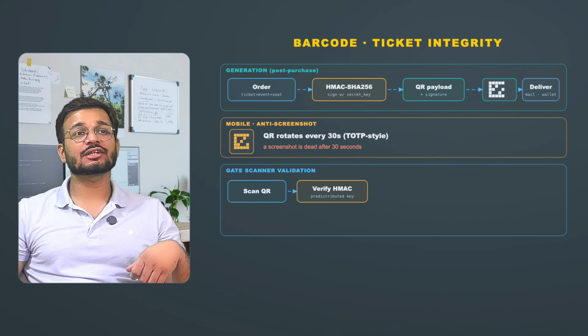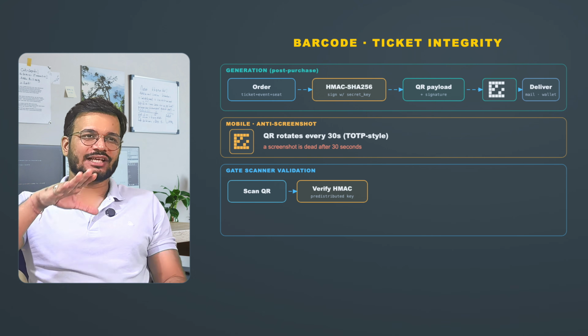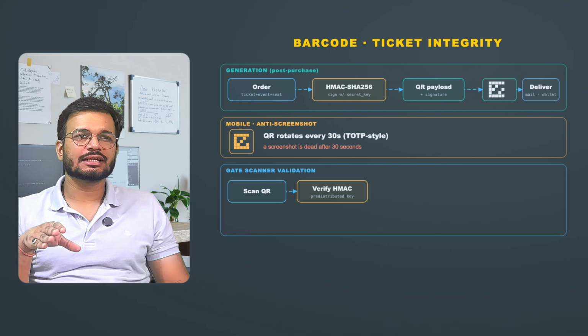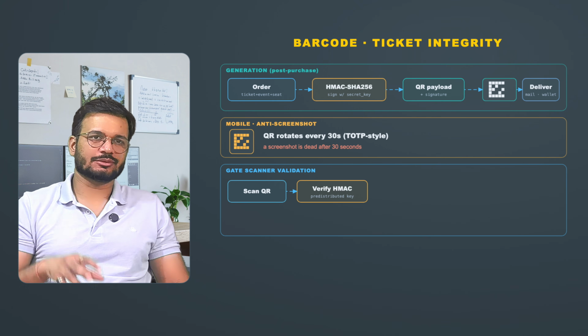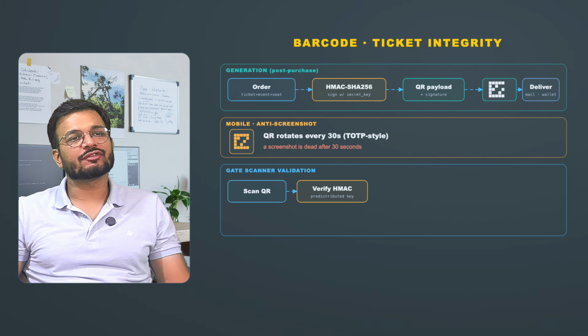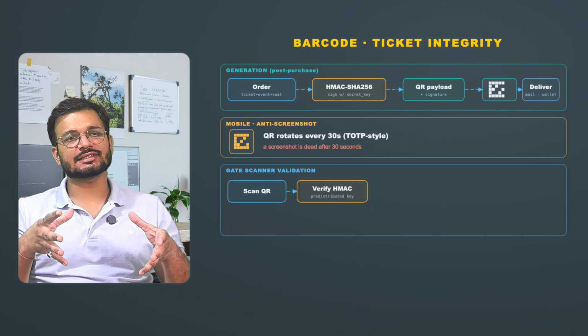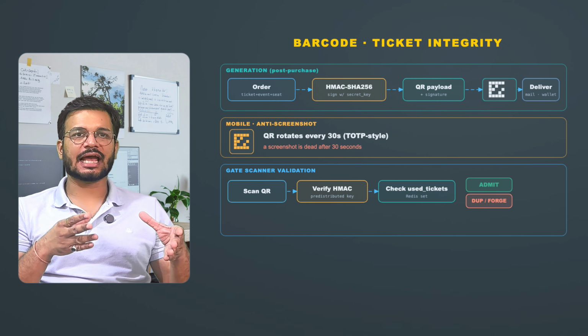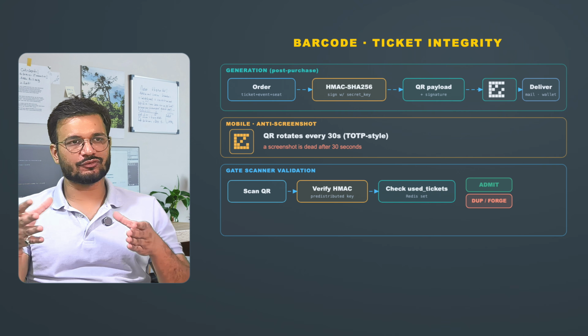How do the venue scanners work at scale? For a 70,000 person concert, there might be 50 scanners at a station. Each station needs to be able to validate tickets even if the network is slow. The solution is to pre-distribute the event signing key to the scanner devices at the start of the day. The scanners can validate the signatures offline.